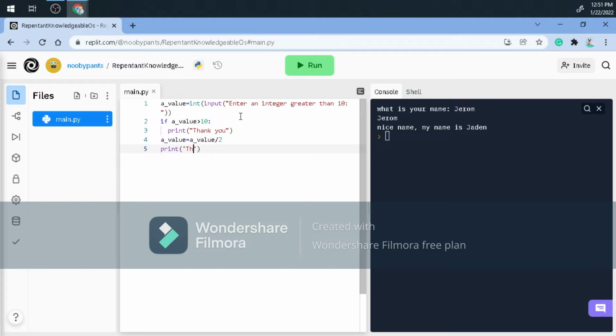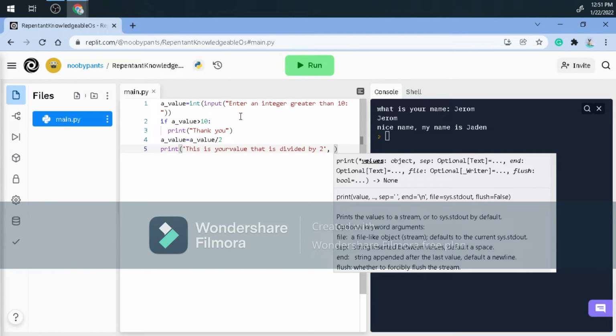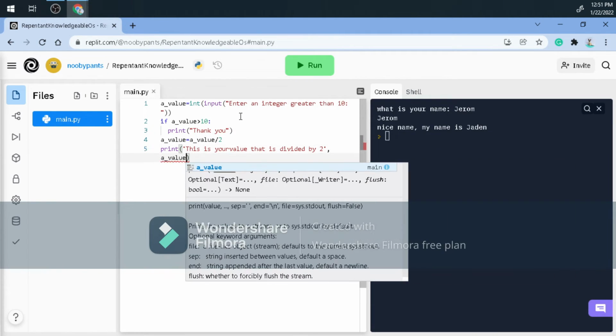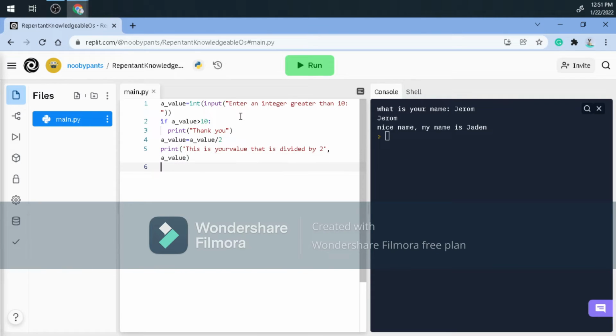I will type this is your value that is divided by 2, and then I'm gonna type a value because that's the value that is being divided by 2, right? Correct. Sorry. Print your